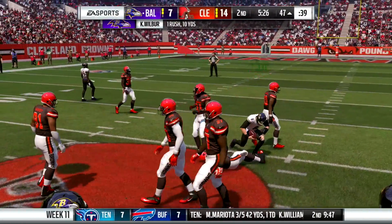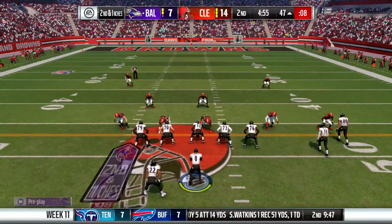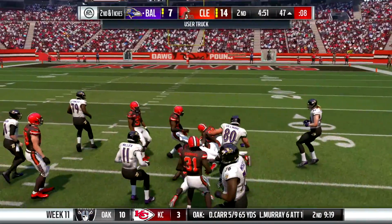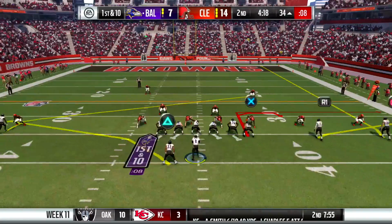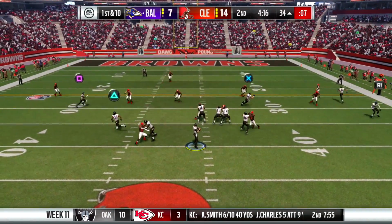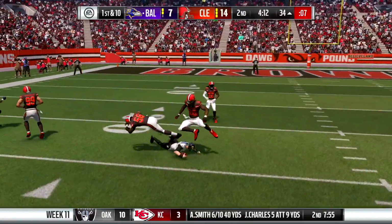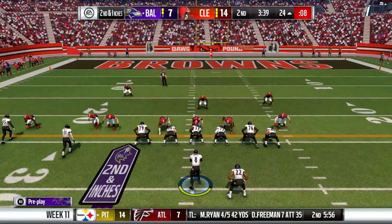Chris Wilbur is going to take off running, but we are actually going to be a couple of inches short of the first down marker. But we hand it off to Derrick Henry right here. He's going to lower his shoulder once again, and once again he's also going to pick up a first down. The next play, Chris Wilbur is going to take off running again, sliding down at the 24-yard line, 2nd and